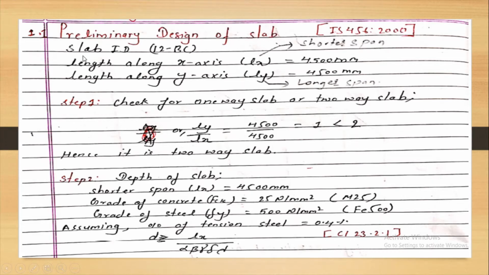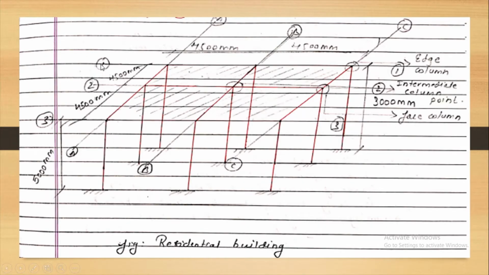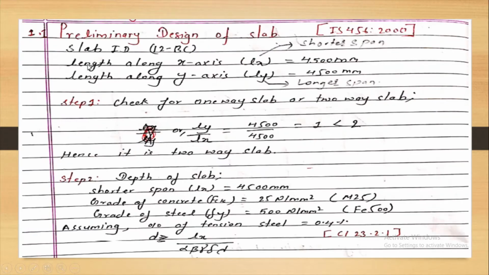For that, here we have one slab, ID 1 to BC. These four grid lines, 1, 2 and B, C, represent this slab. Today we are going to design these slabs. For these slabs, the length along the x-axis is represented by Lx, which we also call the shorter span, which is 4500 mm. The length along the y-axis is represented by Ly, which we also call the longer span,